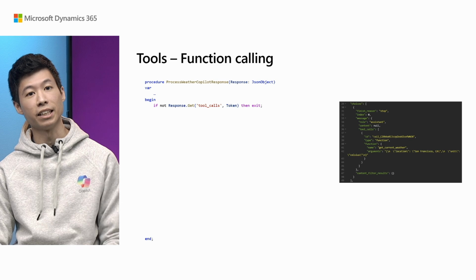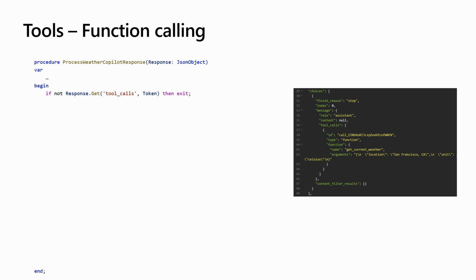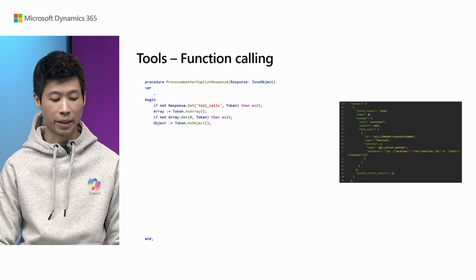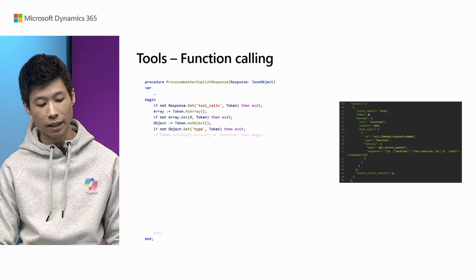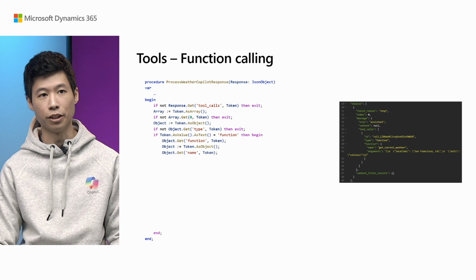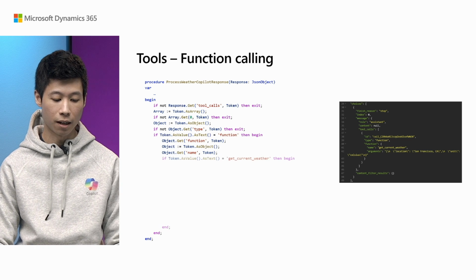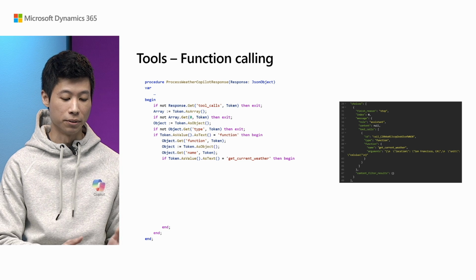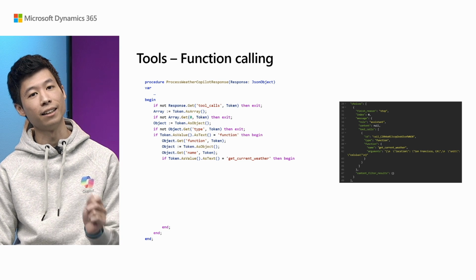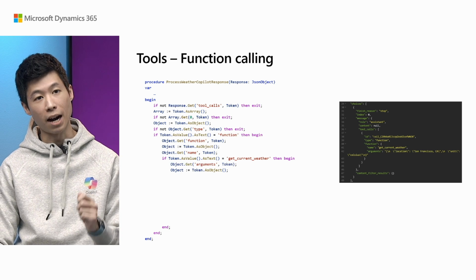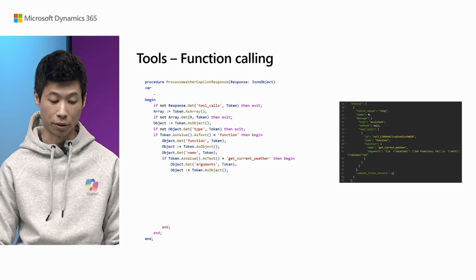On the right, you see the same response that I had shown earlier, and the AL code on the left. So firstly, I need to check, OK, hey, are we calling some kind of tool? And in this case, I want to check if it's a function. So I take that out from the array and determine what is the type. And if the type is of type function, I want to continue because that's the only type that I'm going to be working with here. I take out the name because I know I've only built it with getCurrentWeather. I just need to validate this is the actual function that it is calling. And from there, I'm going to now extract my arguments, which I'm going to put into my function that I'm going to call.